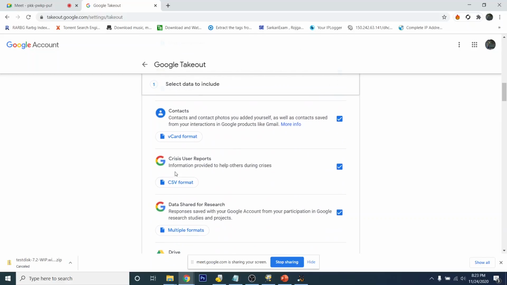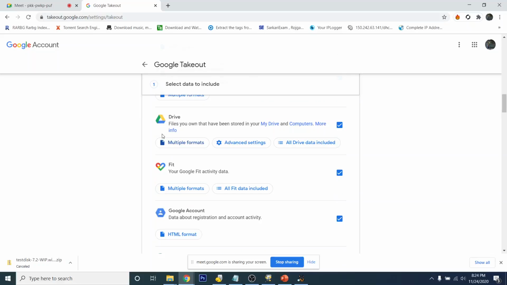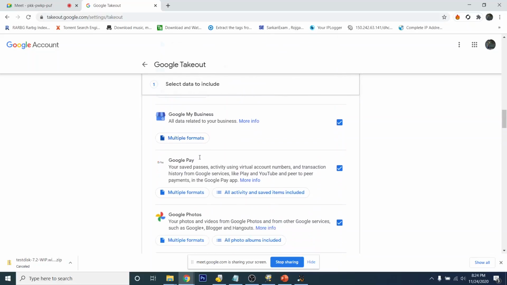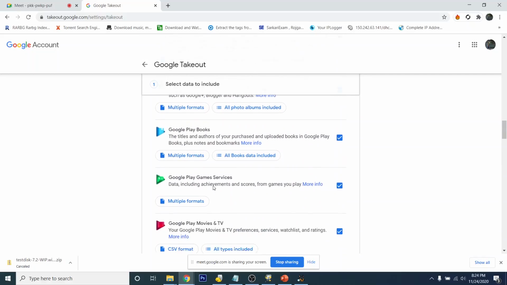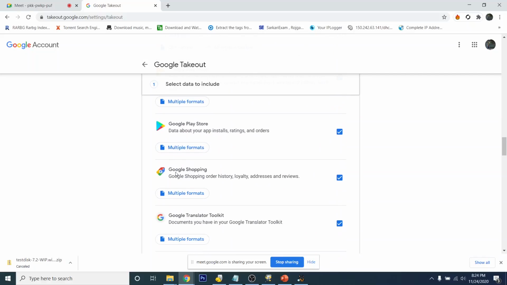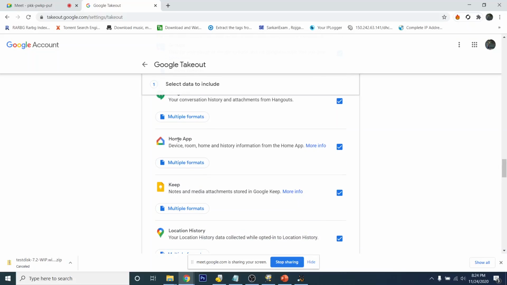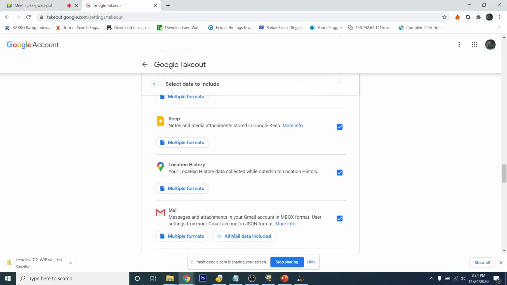Chrome is there, Classroom is there, Contacts are there. You can get all your contacts even if your phone is lost. Drive is there, Google Fit is there, Google account is there, Google Photos, your Gmail, Play Store, Hangouts, and Home Map, which will have all the information about your IoT devices in your home.